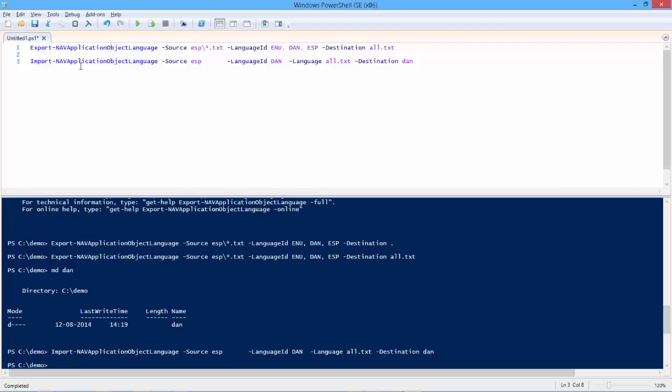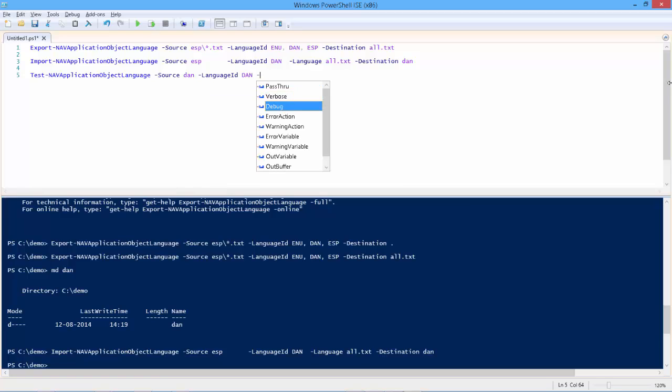Now, you could ship this, and maybe you have, maybe we have, but we also introduced a commandlet in this family called test nav application object language, which will look into a source, in this case Danish, and it will look for the existence of all texts in a given language, and I'll go for the Danish one again, the ones I just entered,